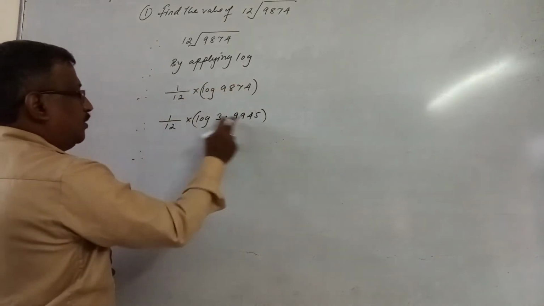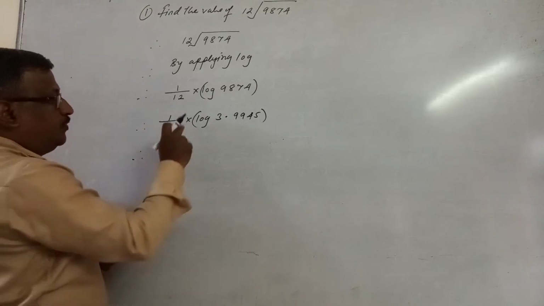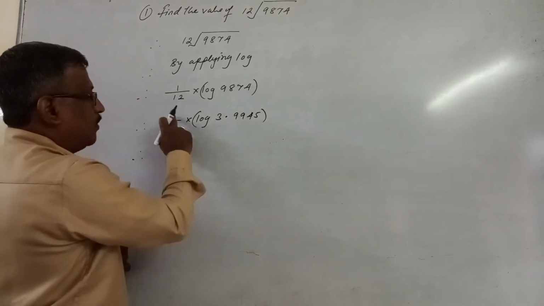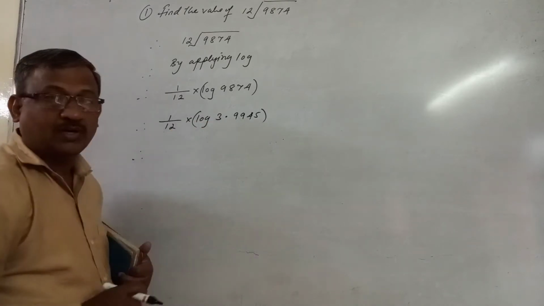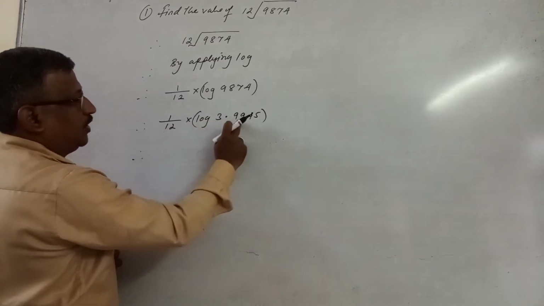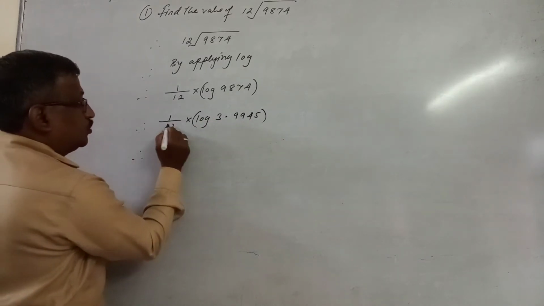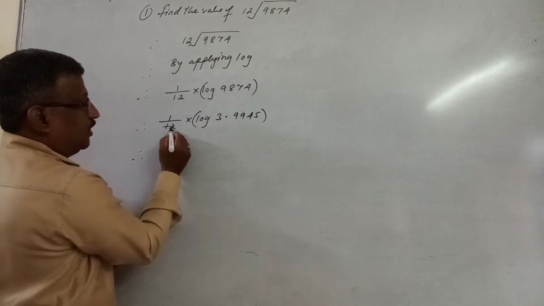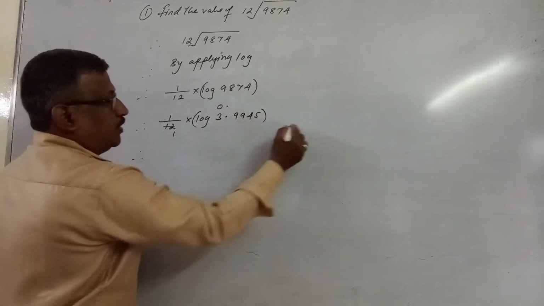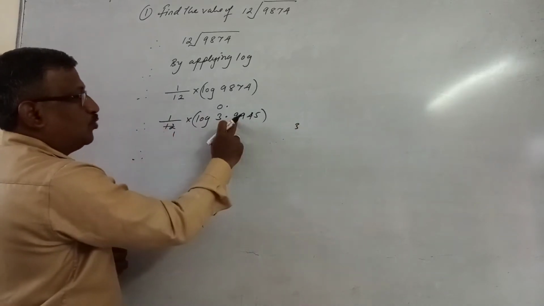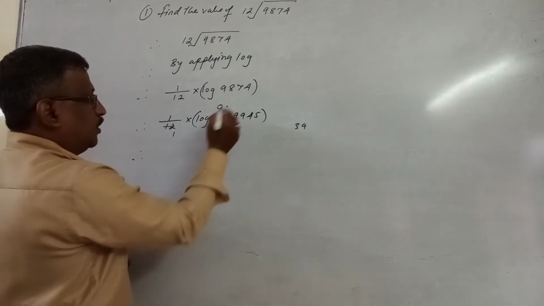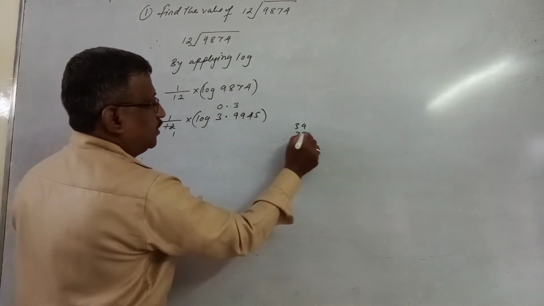Now to this you have to multiply by 1 by 12. If you multiply by 1, the value remains the same, it doesn't change. So instead of multiplying by 1, directly you will carry out the division. Clear? So straight away you divide. Now you have to divide 3.9945 by 12. Now 3 is not divisible by 12, so we take 0 here, place a decimal point, and go on drawing the next digit. Now draw the first digit, 9, it is 39. 12 3s are 36.